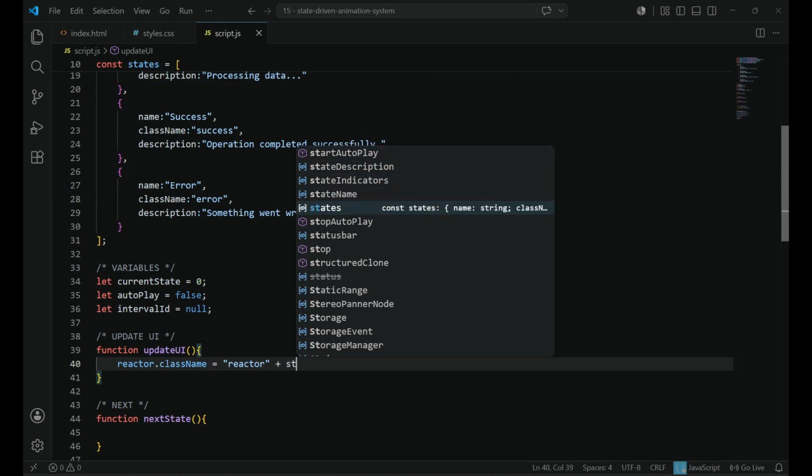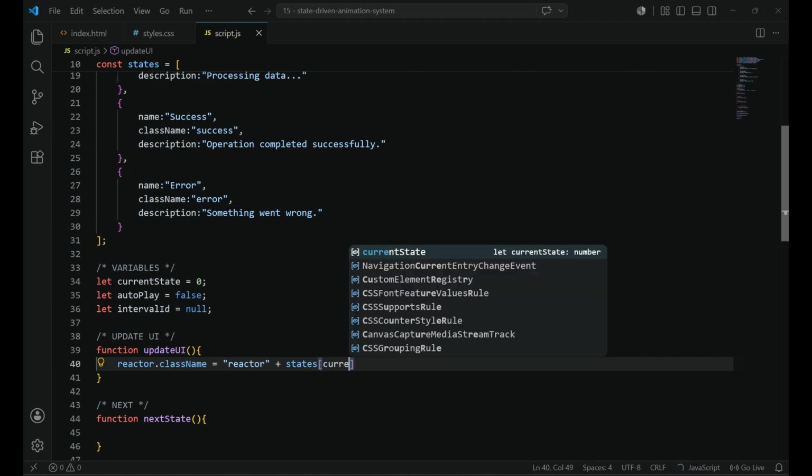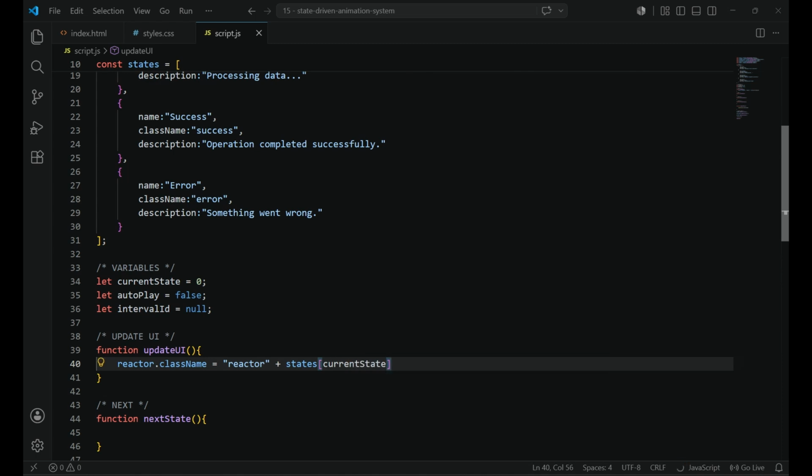Select the states array, and initially and during each process there will be a different state. There are four array elements. There must be a current state. We have already created the current state, which is initially 0. So we will take the current state